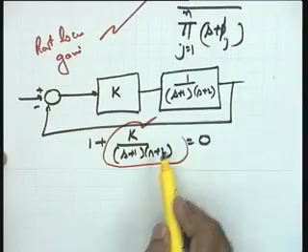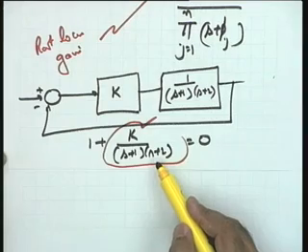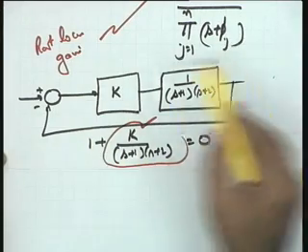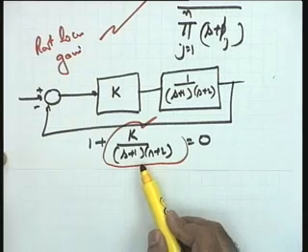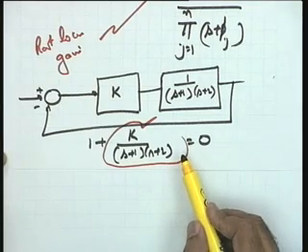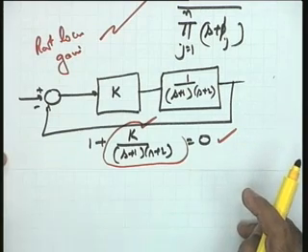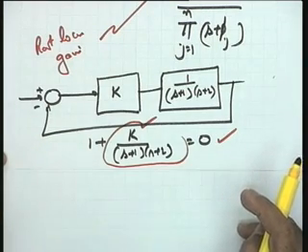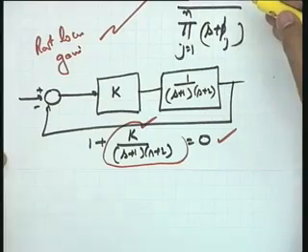I need your attention please at this point. The root locus gain K is nothing but the amplifier gain, and the open loop poles of the function F(s) are the same as the open loop poles of the closed loop system. These open loop poles are at s equal to minus 1 and s equal to minus 2. So this equation, which is the characteristic equation that gives you the roots, the closed loop poles of the system, has been put in this particular format.